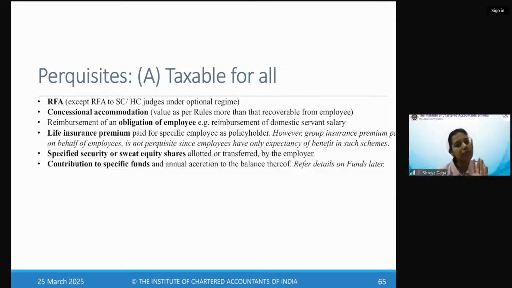So rent free or concessional accommodation, you actually treat similarly. But for concessional accommodation, there is an element that you are also receiving something from the employee. It is not completely free of rent. You're receiving some rent, it may not be up to the market rent. So what you are receiving from the employee,